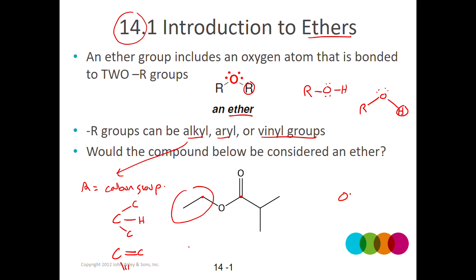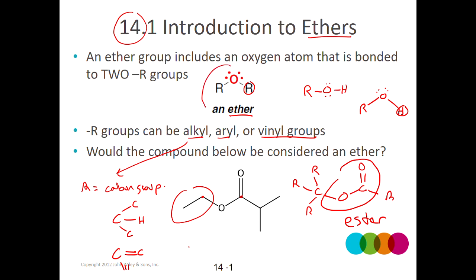So if I have an oxygen bonded to a carbon on both sides, but one of those carbons is part of a CO double bond, then this particular functional group is called an ester. So ether, ester, they kind of sound similar. Maybe it's difficult to always tell them apart, but there is an important distinction because ethers have a variety of reactions they'll undergo and properties that they have, and esters have a whole different set of reactions that they'll undergo,